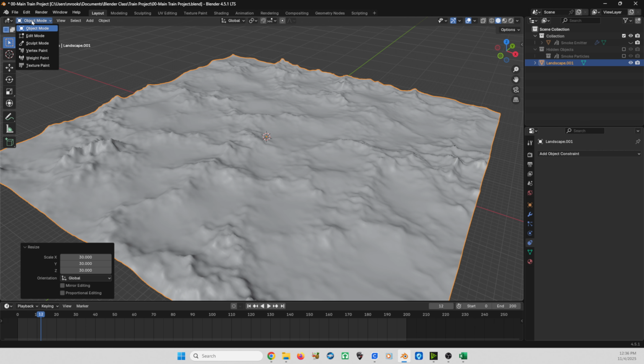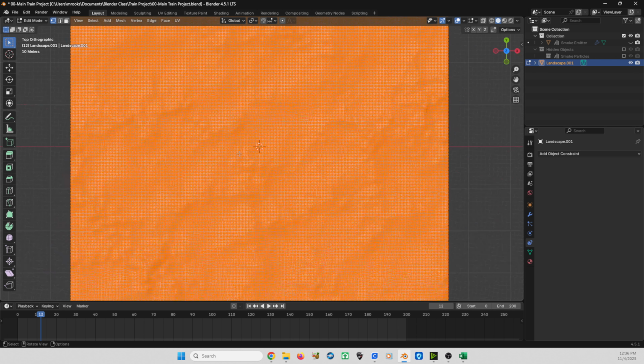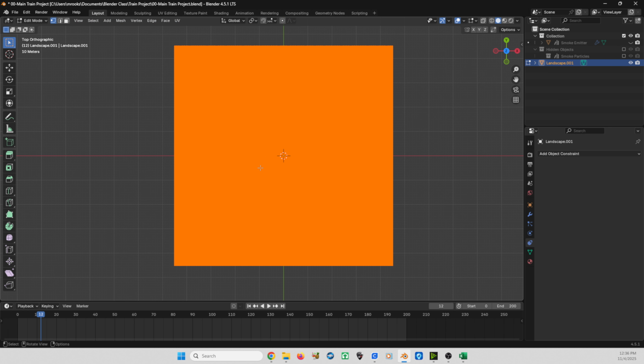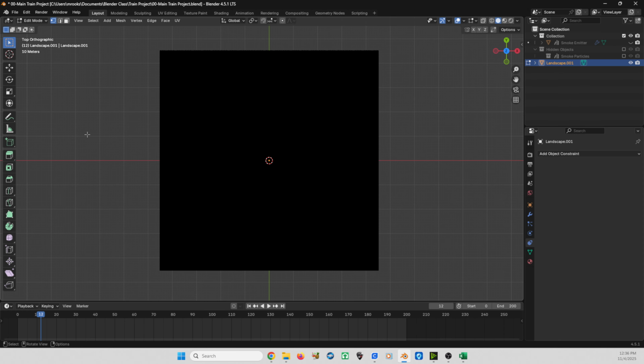And then let's go to edit mode. And I'm going to hit 7 on the number pad. So I'm looking at this from the top. And now I want to use circle select to select parts of this that we're going to pull up. So I'm just going to left click here on the side and then hit C to start using the circle select tool. I can move my mouse wheel up or down to increase the size of this. And I just want the four corners,